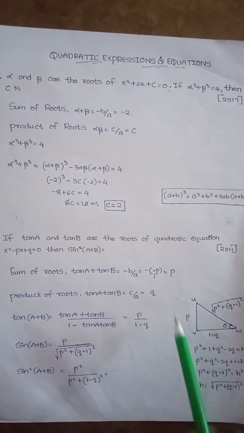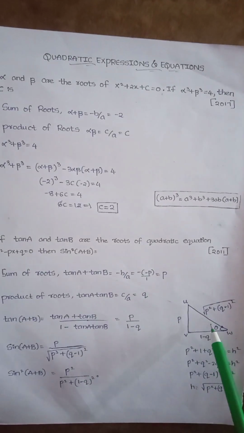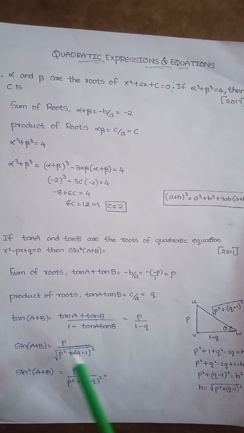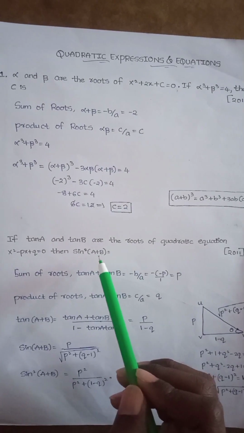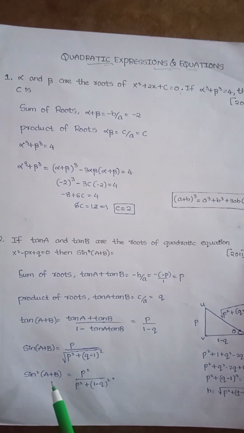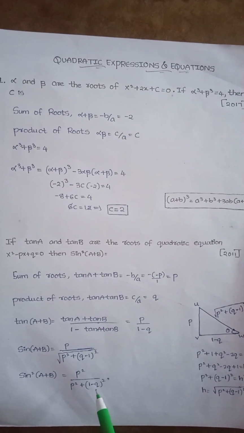Now from this triangle, sin of a plus b, assuming a plus b as theta, sin theta equals opposite by hypotenuse, that is p by under root p square plus q minus 1 whole square. But we need to find sin square of a plus b, right? Therefore squaring on both sides, we get sin square of a plus b equals p square by p square plus 1 minus q whole square,